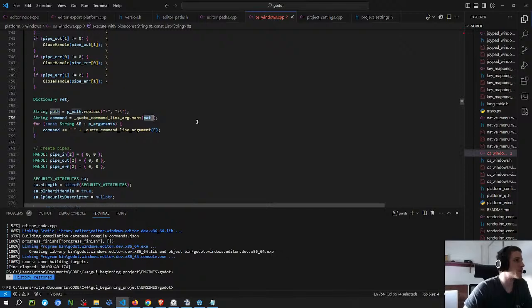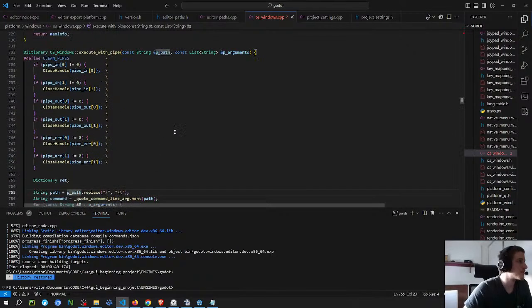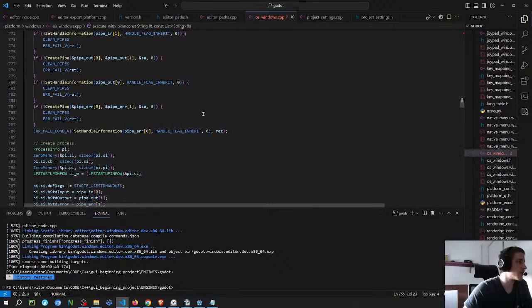So it's probably related to this function, I think. So they use this function to execute the, so this I think is going to be related to the